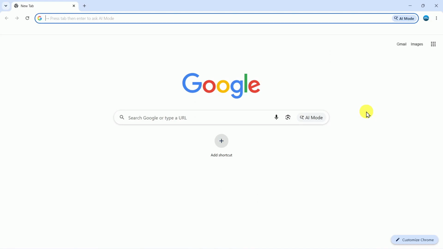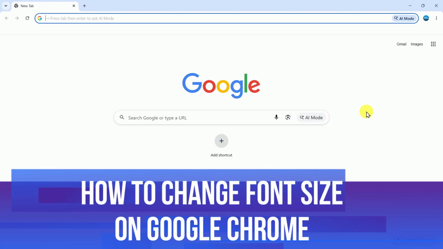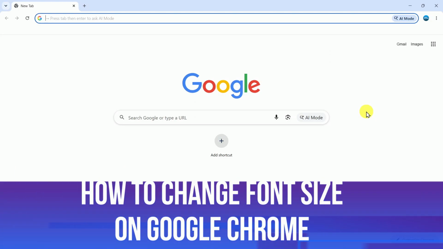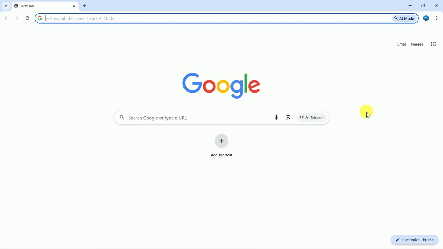In this video, I will show you how to change the font size on Google Chrome. Now, there's actually two ways you can do this. So what you want to do is open up a Google Chrome browser. And the first way is if you actually come up to the top right hand corner of Google Chrome, click